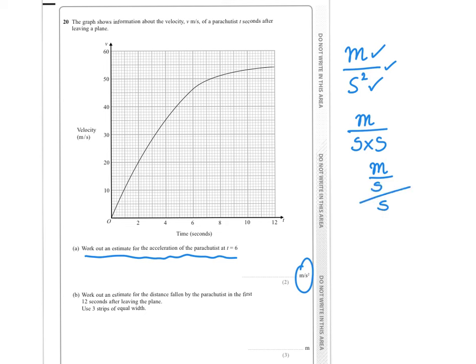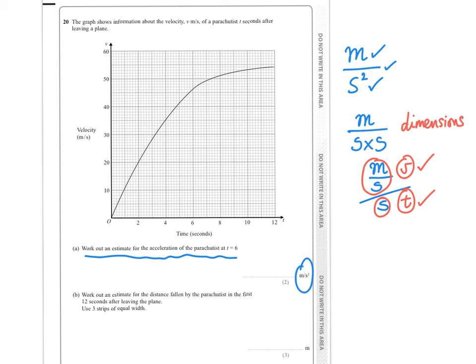And then if you think carefully, what is meters per second, i.e. distance over time? Well, that's velocity, and seconds, that's time. So you've got v over t. So you've got a change in velocity over a change in time. That's one way of looking at it, and that's looking at the dimensions